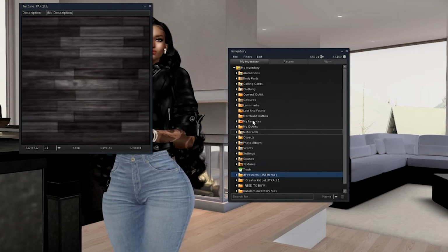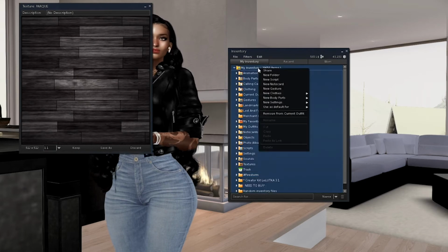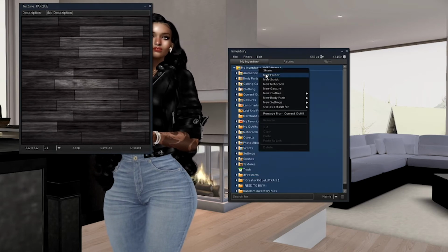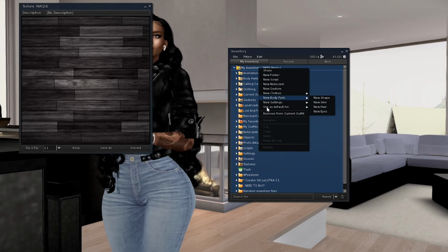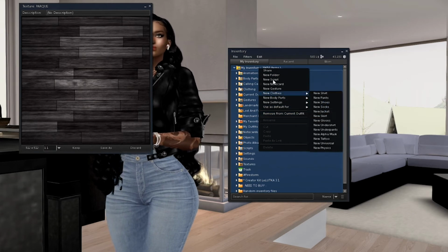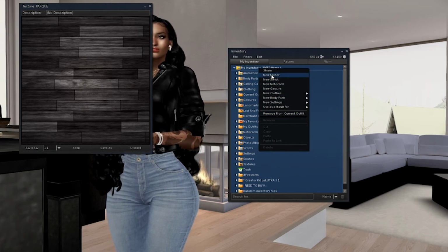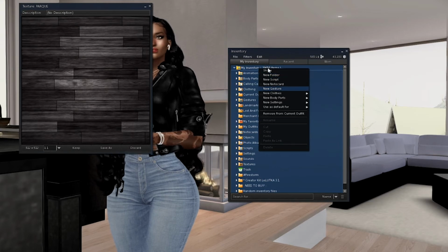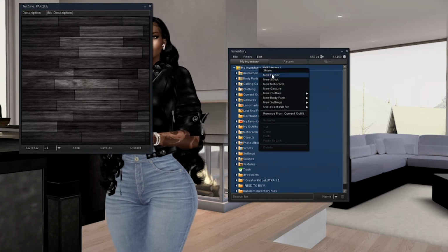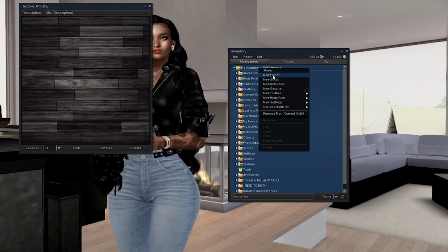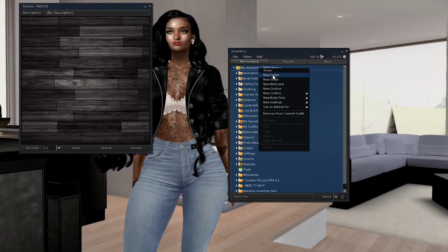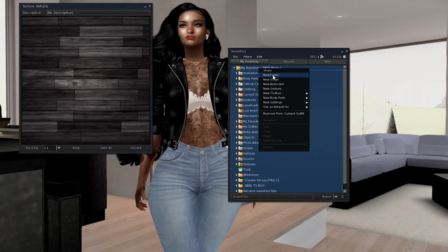So we go up here, right click, and you'll get this list here. You can create a new folder, or you can share items with someone if it's a shareable item, if it's transferable.